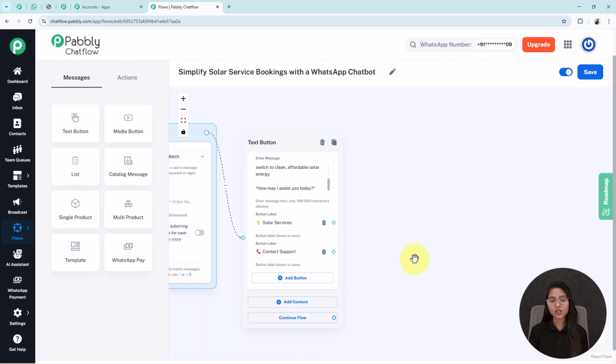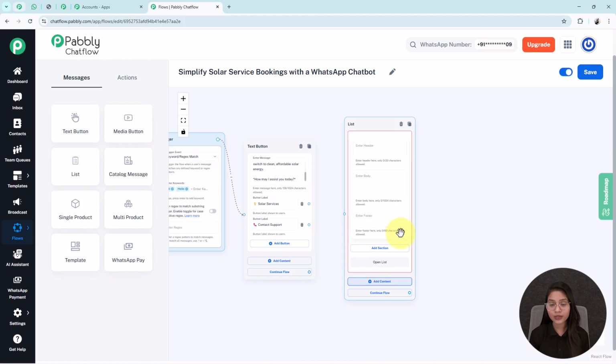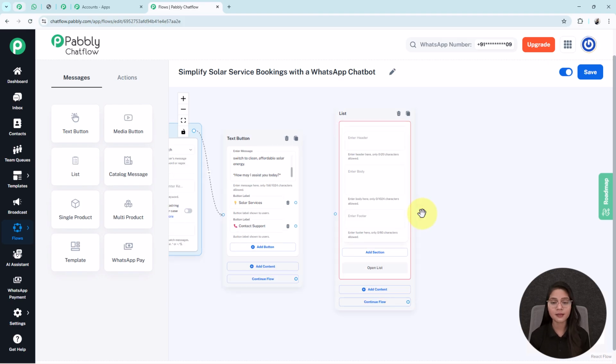Now let's say my user wants to view the solar services that I am providing to them. Then they will click on the solar services button, and my bot will reply to them. For that, I am adding one list button from here by dragging it. As you can see, this list box is divided in three parts: